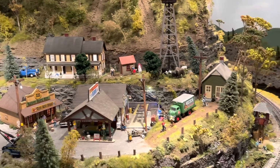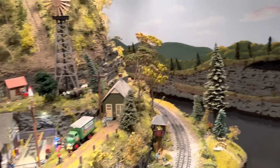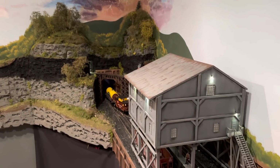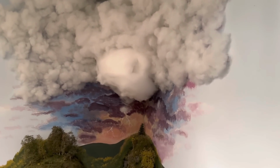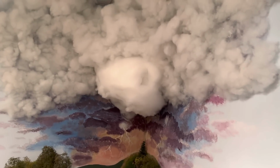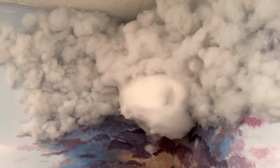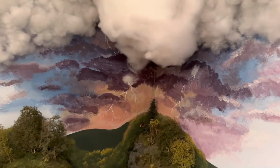And then not much has changed over in this area, but the big change is over in the corner here by the coal mine scene. And I made a thundercloud, and I did that with the Broadway Limited Lightning and Thunder kit. So you can see I bought cloud material and I put it on the walls, and then I did some painting here to make it look like